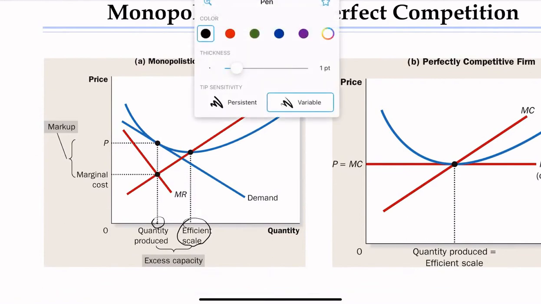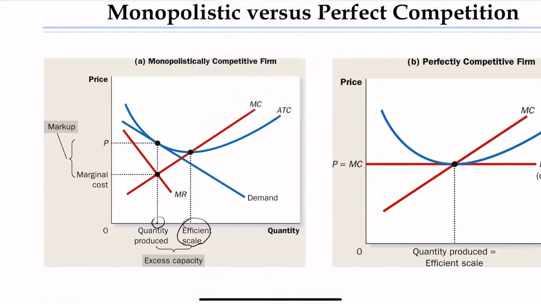let's recall why this is the case. So we learned from the last chapter, right? For a monopolist, marginal revenue equals marginal cost. But we also know that the marginal revenue curve has to be below the demand curve. This implies price is larger than marginal revenue. So this gives us price larger than marginal cost, right? So this basically means for a monopolistically competitive firm, it always charges some markup.